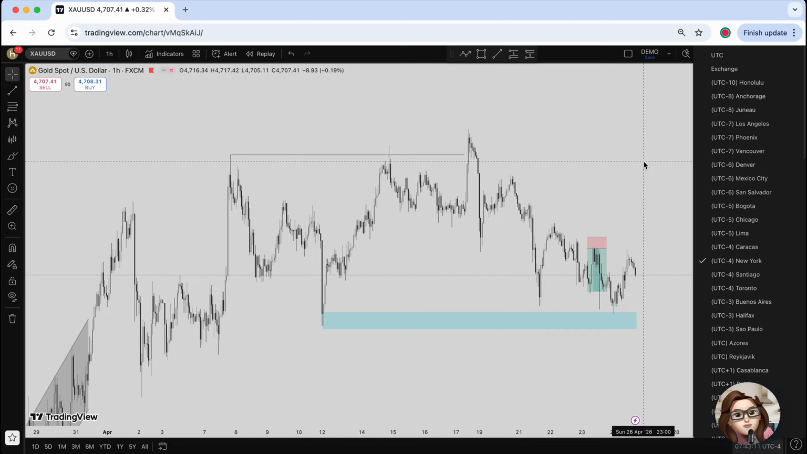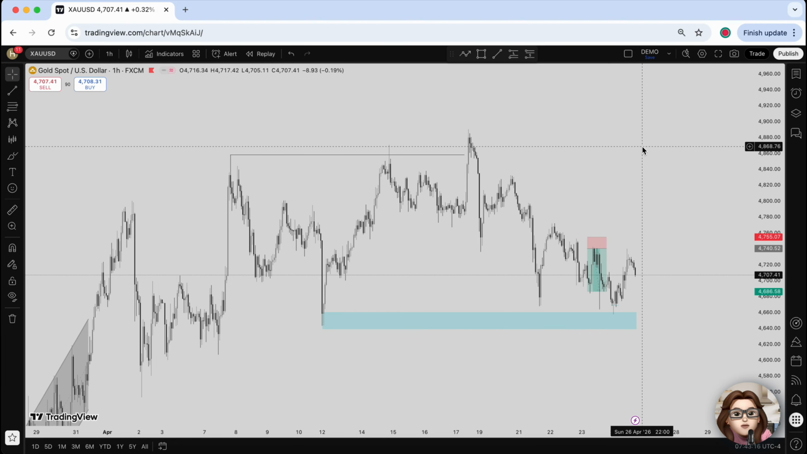And that's it. A quick setting change, but it makes reading your charts much more intuitive and aligned with your